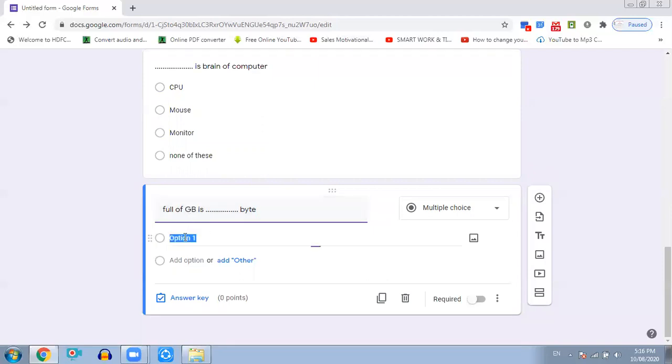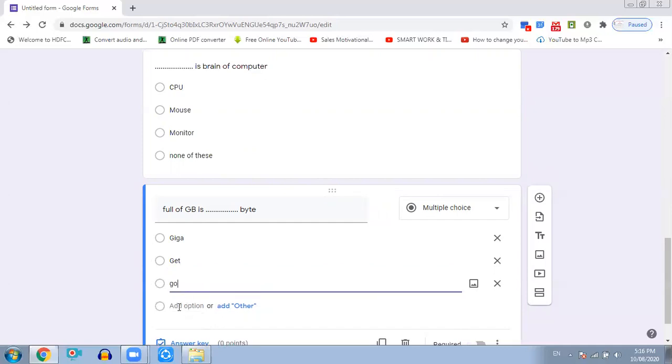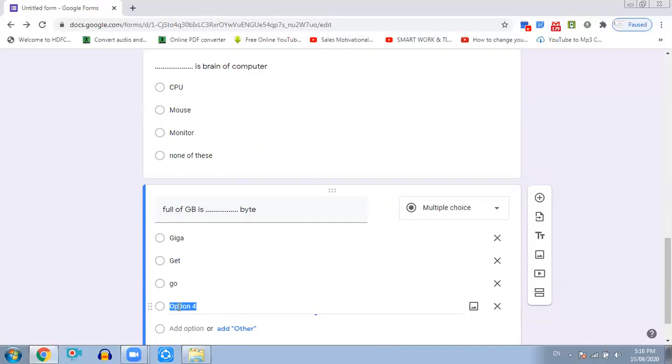So options we can give: giga, second option gate byte, go byte, and none of these. You can add a fourth option also.